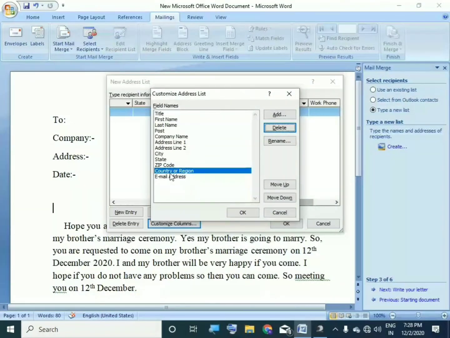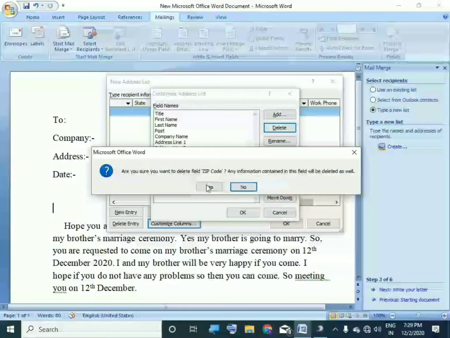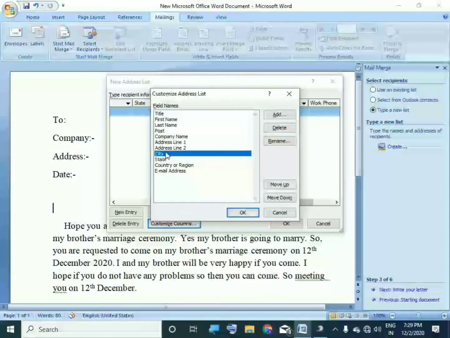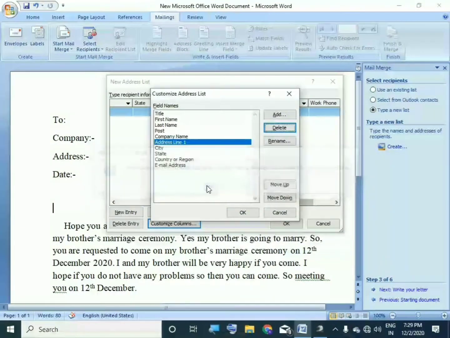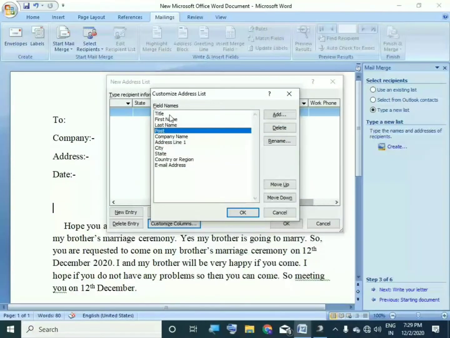Now country or region, we will give. Zip code we won't give, we will delete it. Now state, city, address line 1 and address line 2. Address line 2 we don't want, so we will click on delete. So now company name, post, title, first name, last name.